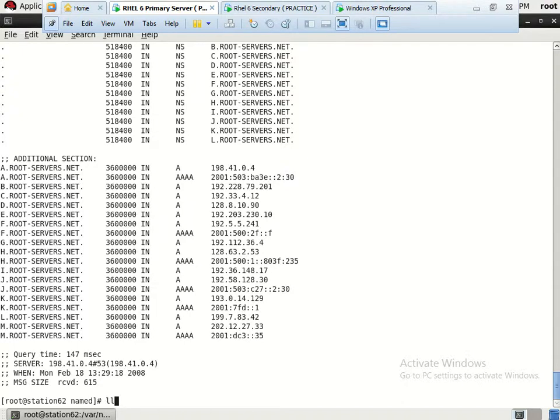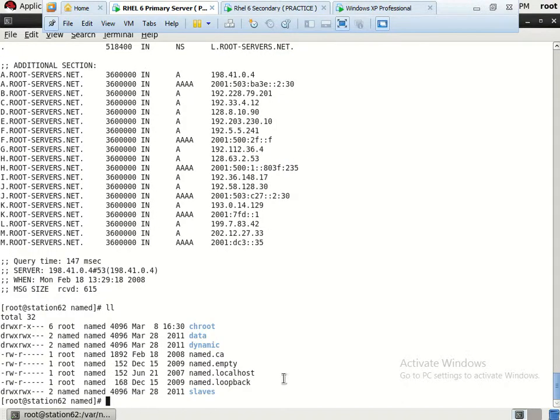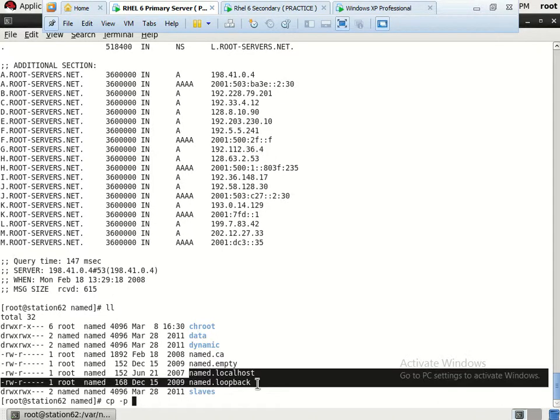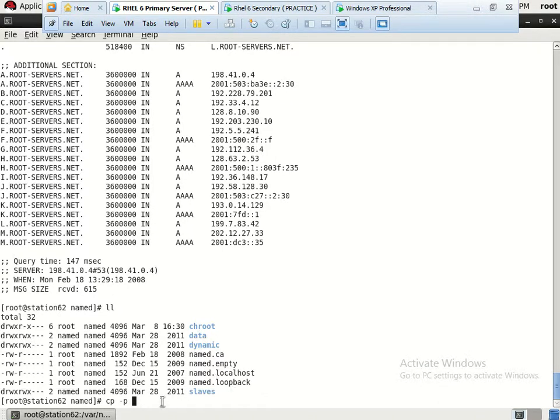There are a couple more files in this section, and we have to consider these two files first of all. This is named.loopback localhost, and another is named.loopback backadapter. Let us copy these files along with the permissions, meaning the permissions imposed on these two files will get reflected to the copied file, meaning the owner will be root and the group will be named.